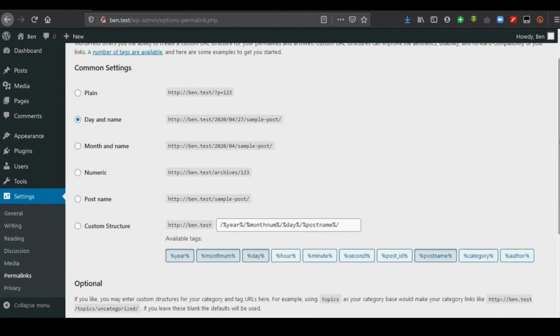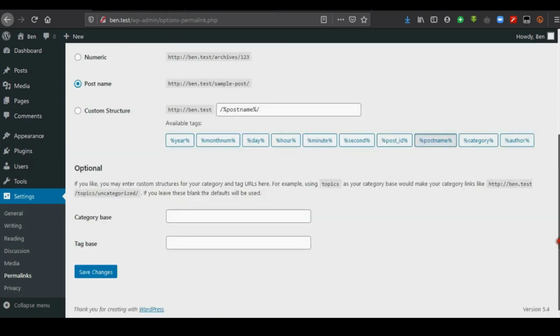Permalinks settings enables you to now choose how you want your URL to appear. So basically you may want to choose post name. This one I think is the best option depending on your desire actually, or the features of the URL that you want. But the post name is the simplest one, which just adds the name of the post by default to your website address, so that, for example, if we change this, let's change this and see how it will be affected. If we change it to post sample post as an option and save changes,